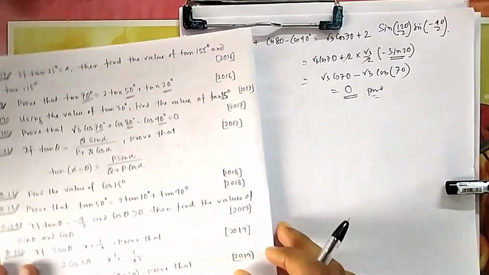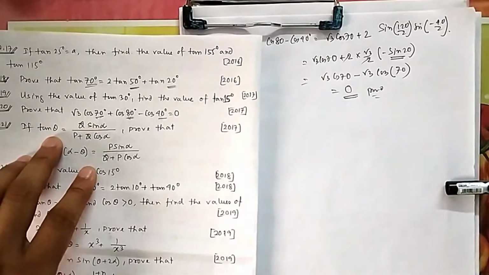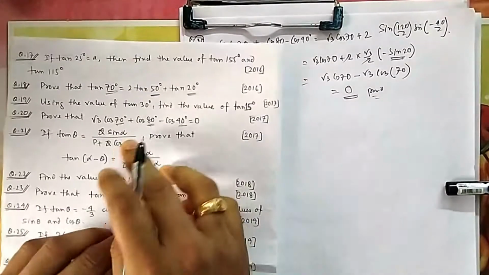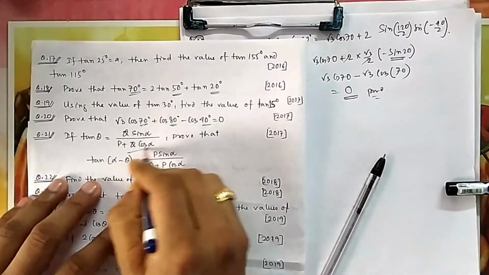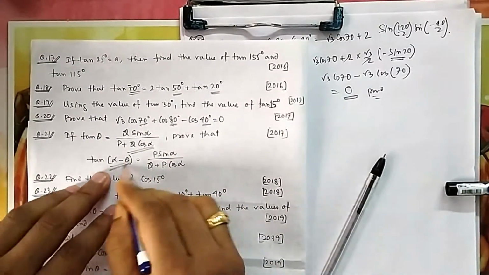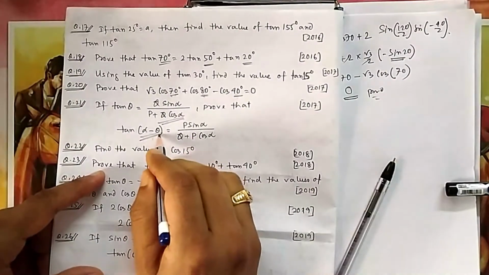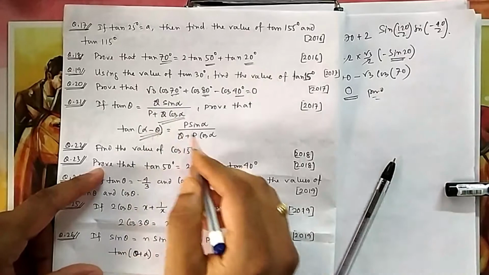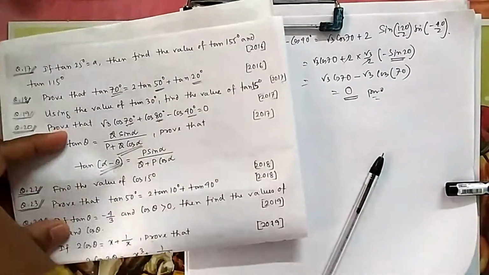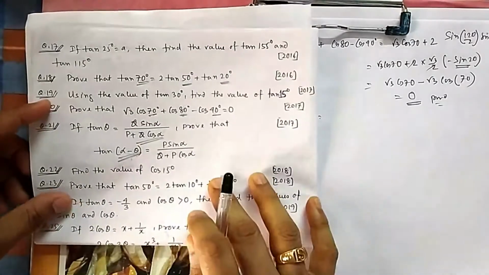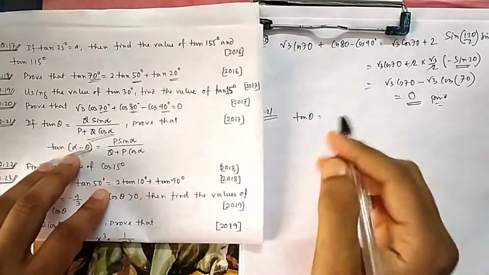Now if you see question number 21, what they are asking: tan theta is equal to q sin alpha by p plus q cos alpha, and then the same. One same type of problem we have solved earlier also. This question has almost the same idea. Here we have to replace theta. If we replace theta by this, then it becomes easy for me. Tan theta they have given me directly, so I will replace this in tan alpha minus theta.